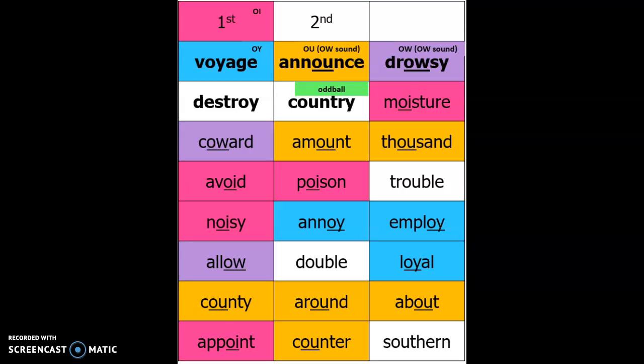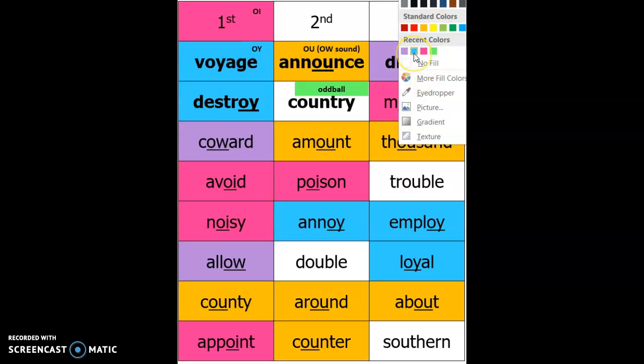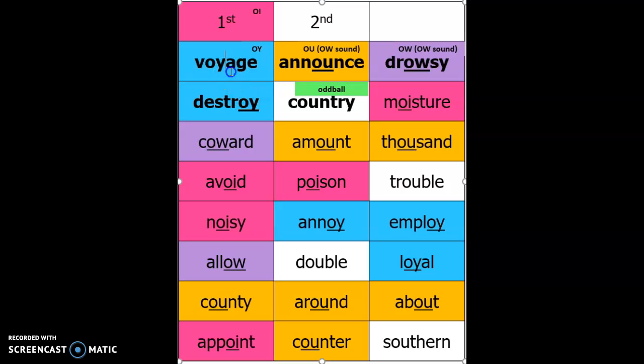Now, what I noticed is that I actually left a word out. If I look here at the word destroy, destroy, I hear an oi sound. And if I determine if that's OI or OY, I'm hoping that you're seeing destroy, OY. That really belongs with my voyage category. That's one that we missed. So I'm going to fill that in the right color. Oi. That would be in my blue category. I missed that one. Now, if I look at the rest of the words left in this sort, country, trouble,